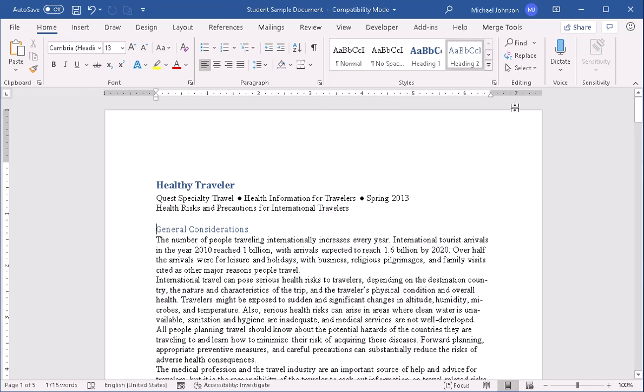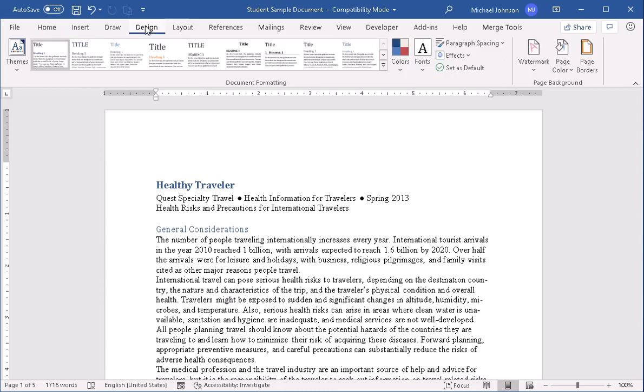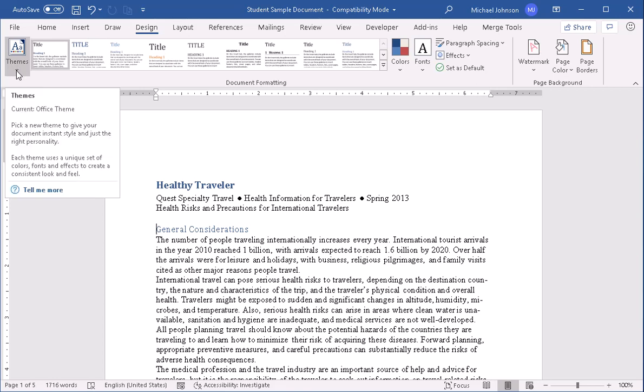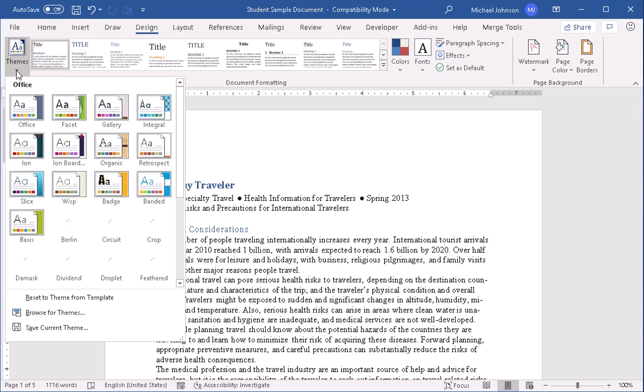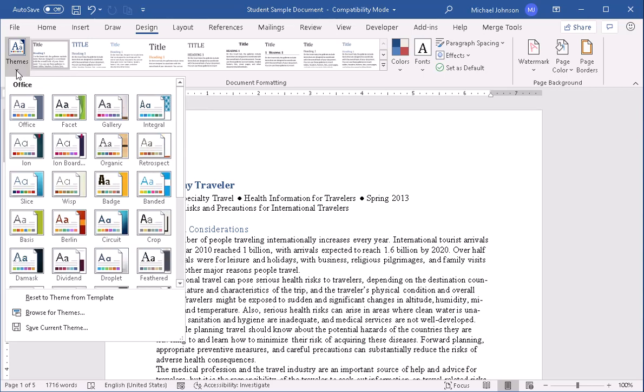Of course styles are only part of it, because we can also go to the Design tab, and here's where our themes are found. Now normally we choose a single theme for an entire document. So I can choose from a variety of preset themes, or I can create my own, or I can even download more. Now the Office theme is fundamentally what we're using at the moment, and notice the colors here within